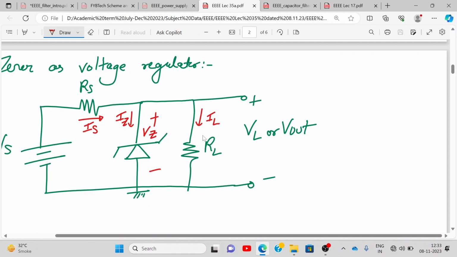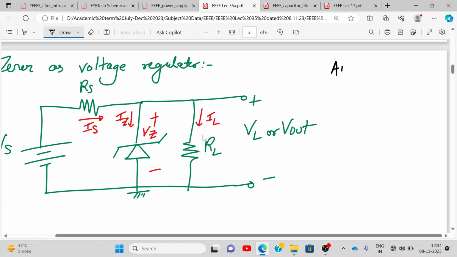Now, what is the aim? First of all, let us write the aim. How it acts as a voltage regulator. What do you mean by voltage regulator? It will keep the output voltage constant irrespective of the changes in the line voltage, line current, or in the changes in the load current. Okay. So write down